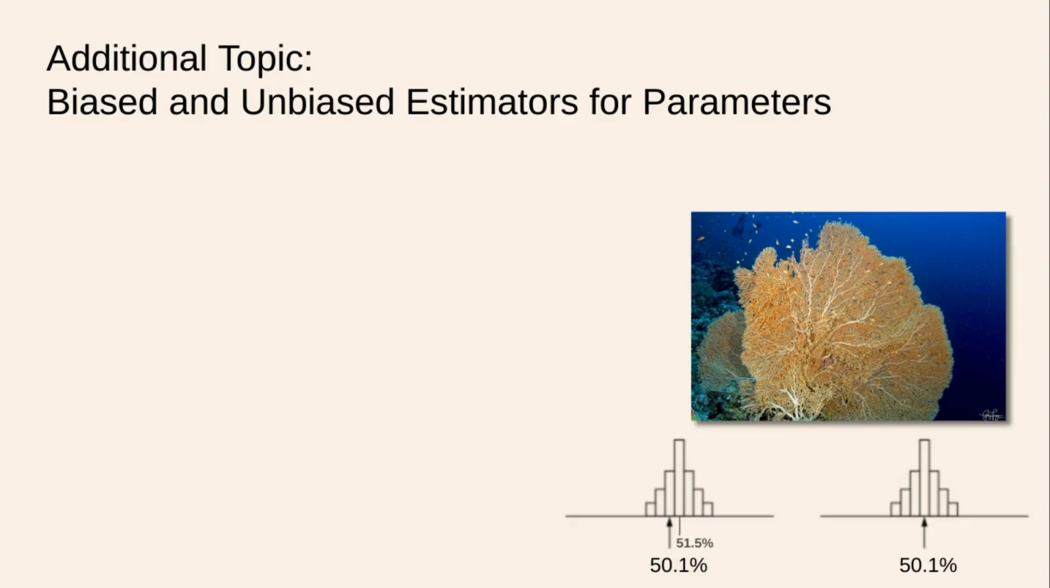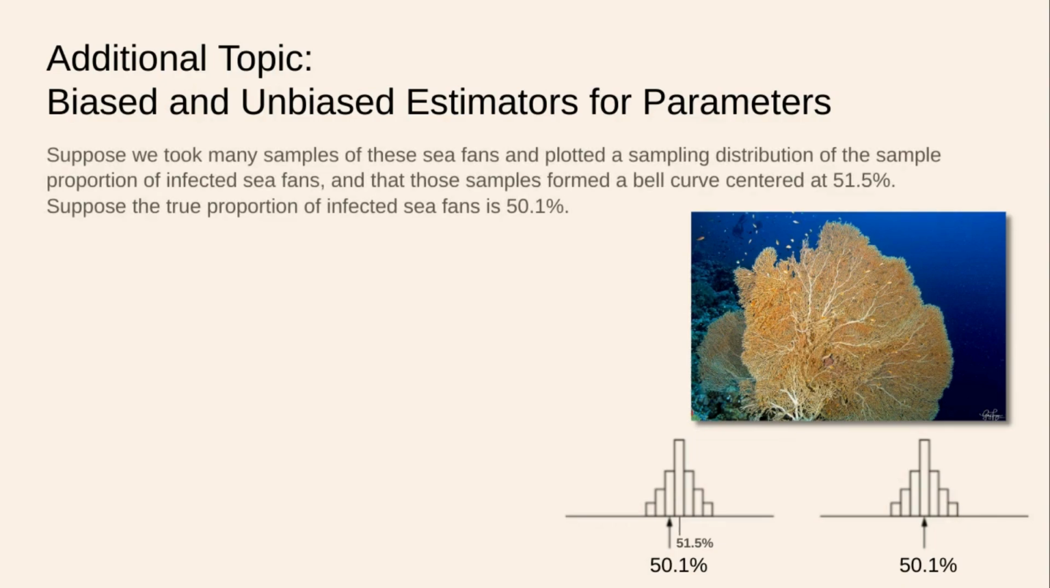Now we need to talk about biased and unbiased estimators. What is a biased estimator and what is an unbiased estimator? So suppose we took many samples of the sea fans and plotted a sampling distribution of the sample proportion of infected sea fans, and that those samples formed a bell curve centered at 51.5%. Suppose the true proportion of infected sea fans is actually